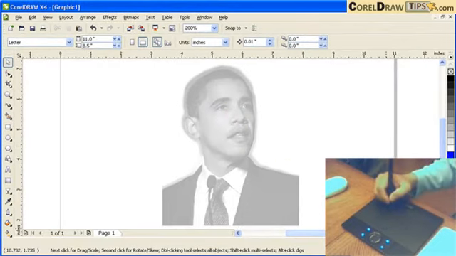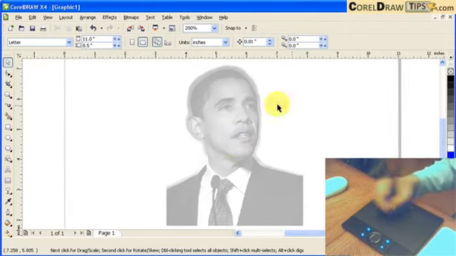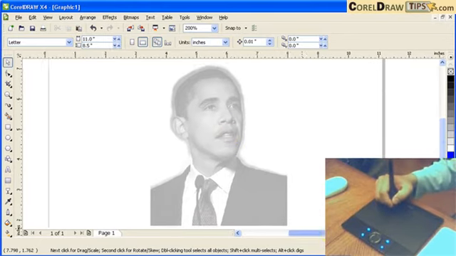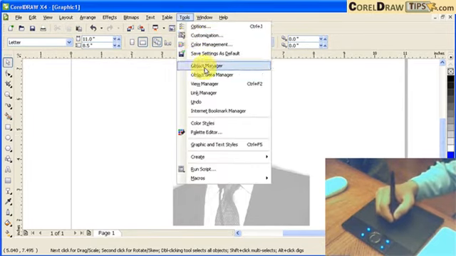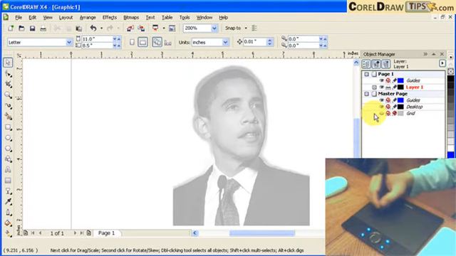Okay. Now, we already discussed in my previous tutorial the use of layers in a drawing so that it's easier to edit. Okay. So now if you want to create the layers, you go to Tools, Object Manager, and this will be the layers. And this is layer 1, so I'm going to